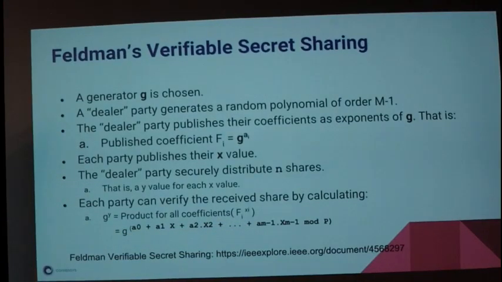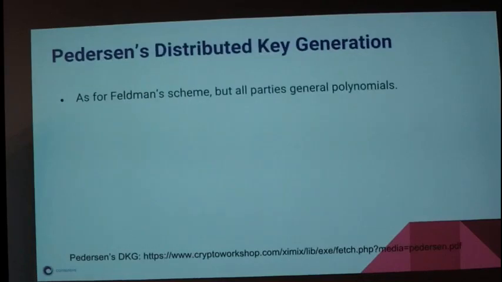So that's a way of verifiably doing secret sharing. So Pedersen decided, well, what we could do is a distributed key generation scheme. Rather than there being one dealer, everyone is a dealer. Everyone comes up with their own equation, everyone shares that commitment equation publicly, and then what you can do